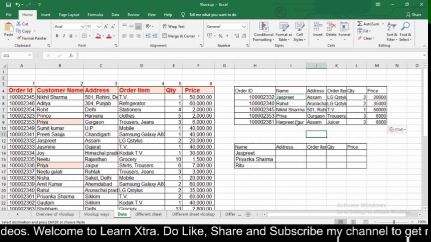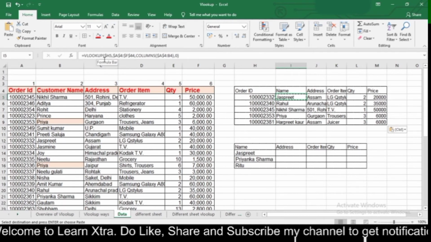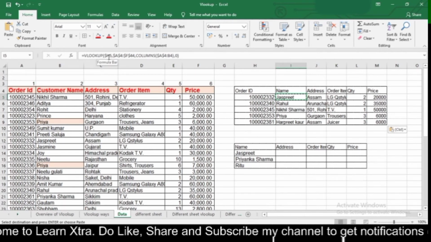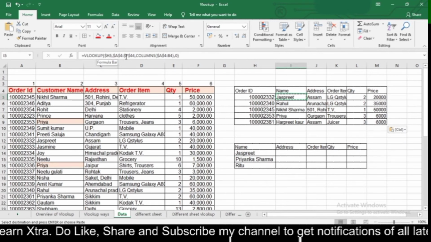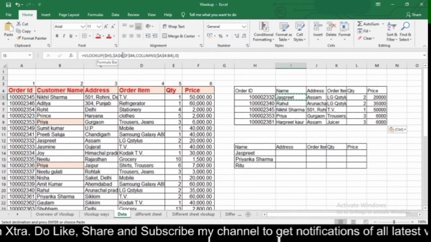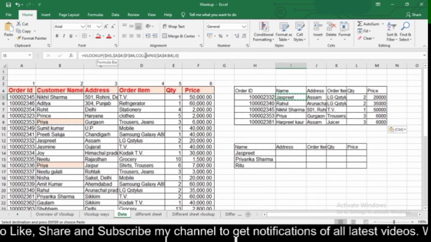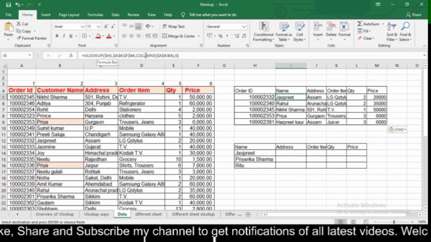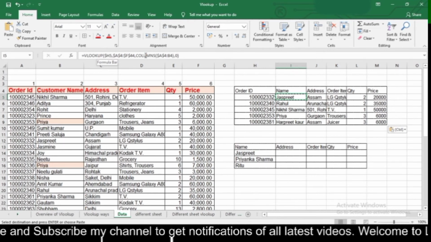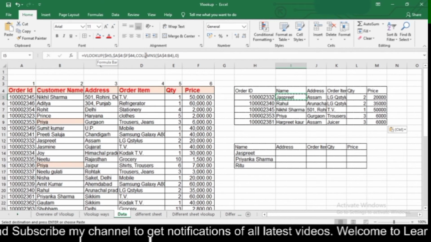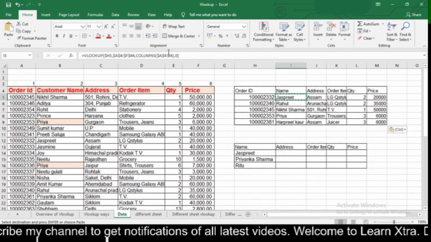So here you simply need to use VLOOKUP, then unfreeze your row from your order ID or your lookup value, and then always freeze your table array. And if you want to copy the VLOOKUP formula in different cells or in your multiple cells, then you need to use the COLUMNS formula and then type 0 for exact match.